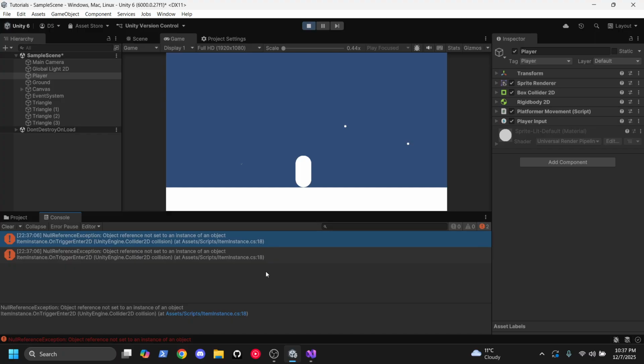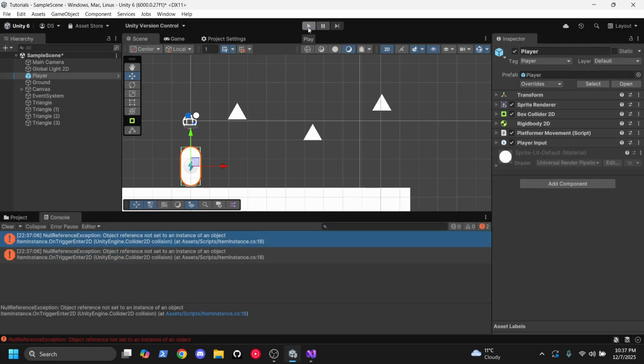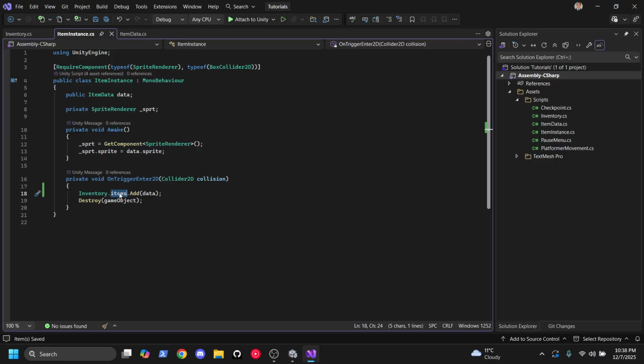For example, if I had a dog, and I was trying to get the dog's fur color, and I had a function called find nearest dog in a 5-mile radius, and there were no dogs in the 5-mile radius. My code said, find the dog in the nearest 5-mile radius, and then print out its name. If it couldn't find that dog, it'd say, there's no dog to get the name of, and it'd throw an error at you. What it's saying right now is there's no inventory items list to add my item data to,